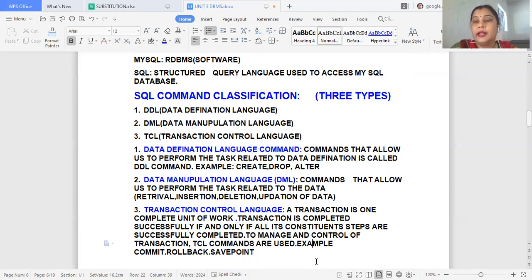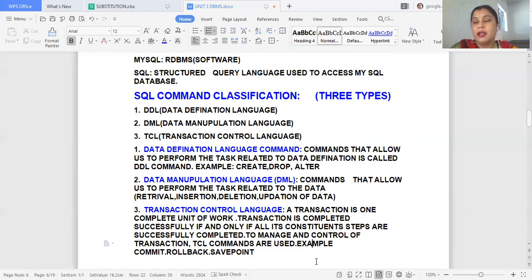And DML means Data Manipulation Language commands. When we create the structures, when we create the database, then we have to maintain the data in that particular database. The commands that are related to manipulating the data in a table are known as DML commands.